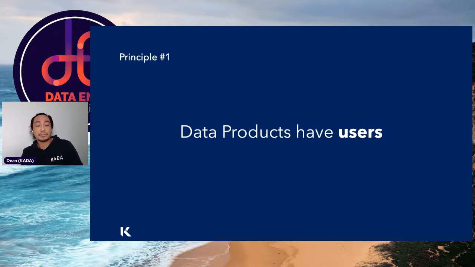Before taking a product approach, we focused on making sure data sets and reports were available. That was the objective. If the data was available, then our job was done. When we took a product approach, though, we started to ask ourselves new kinds of questions like, what is the first experience a data user is going to have? What is that going to be like? Have we designed it to be easy and intuitive? How are they going to get value quickly? This principle of putting the user at the center really changed the way we thought about our products and ultimately what we actually delivered.